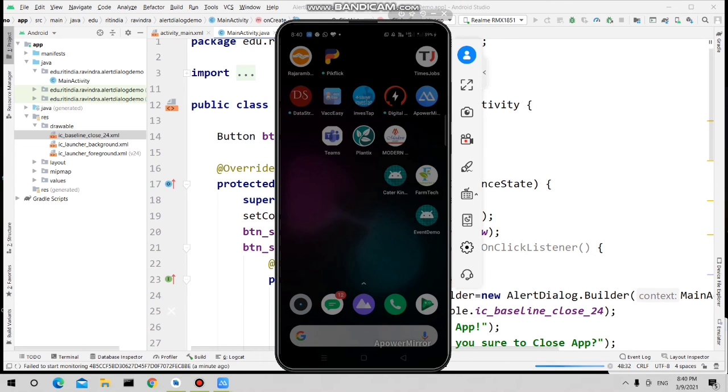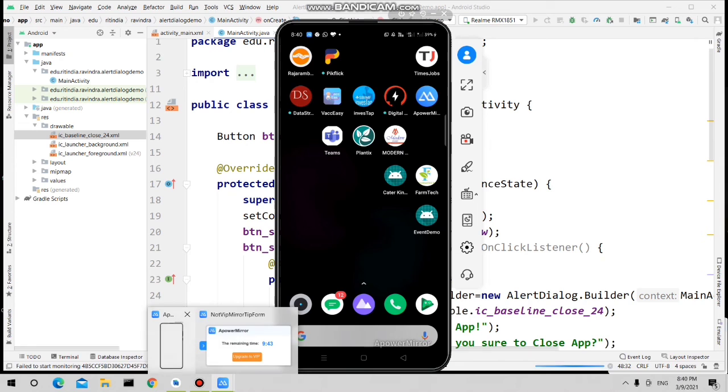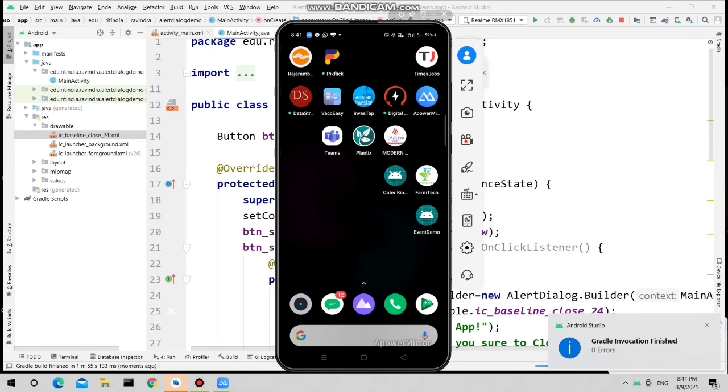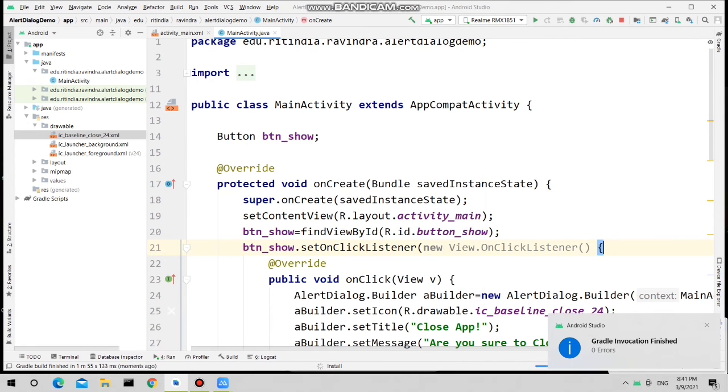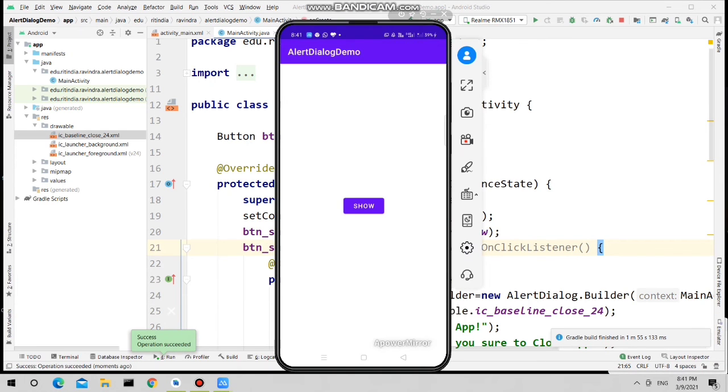So see, the application is running over here. This is my mobile phone. I have mirrored my mobile phone. So see this output. My application got launched.